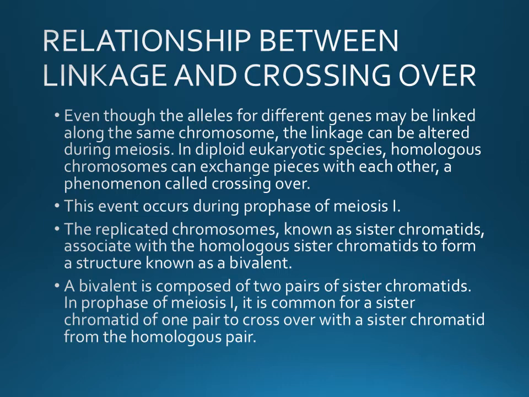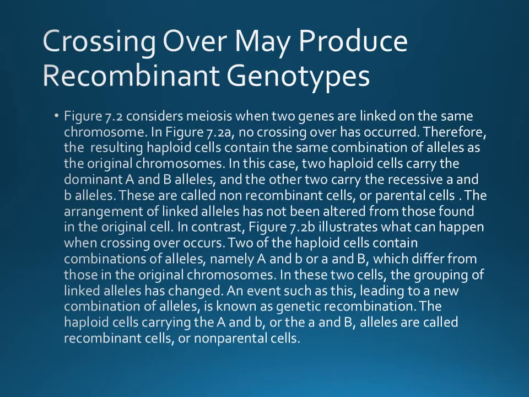ये भी मैंने प्रोसेस आपको समझाया था, you must be familiar with tetrad. और टेट्राड क्या होते हैं कि जो 2 पेयर्स ऑफ सिस्टर क्रोमेटिड्स एक दूसरे के साथ आ जाते हैं, और फिर ये दोनों सिस्टर क्रोमेटिड्स जो होते हैं वो अपने एक्सचेंज ऑफ सेगमेंट्स करते हैं। Crossing over may produce recombinant genotypes।